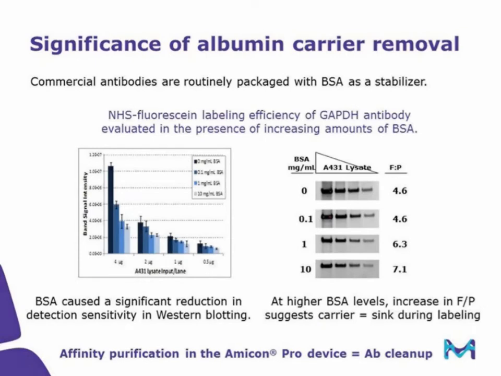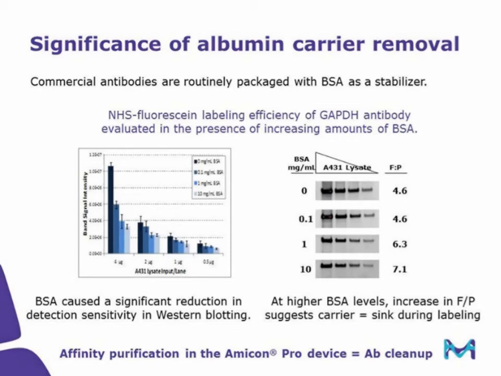Commercial antibodies are routinely packaged with up to a mg per ml of BSA as stabilizer. The potential impact of BSA on labeling is illustrated here. 50 labeled anti-GAPDH conjugates were used to probe an A431 lysate dilution series. Even at 1 microgram per ml, BSA caused a significant reduction in detection sensitivity